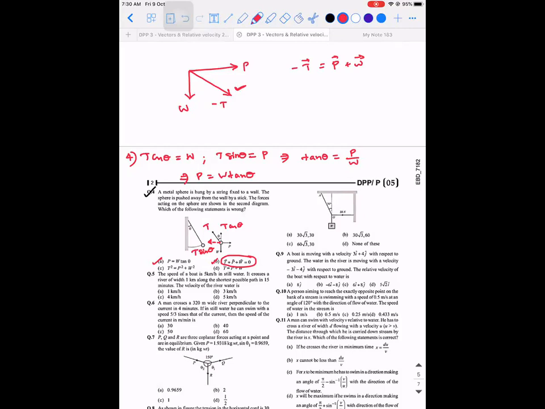Right. Now, if you take the resultant, then the magnitude of the T vector is equal to the square root of P square plus W square plus 2 PW cos of the angle between them, that is 90. So this will be 0. You will have P square plus W square, and here you will have T square. I did nothing but apply the parallelogram law of vectors. So which statement is wrong? Obviously, the fourth one. What mistake has happened there? T is equal to P plus W. They didn't take the direction into consideration, which is wrong.